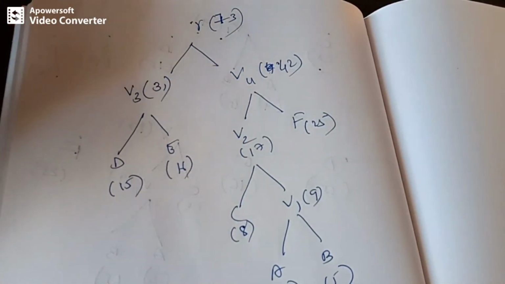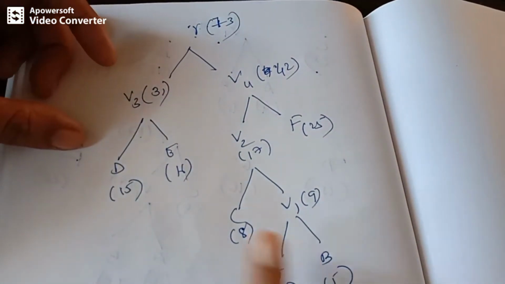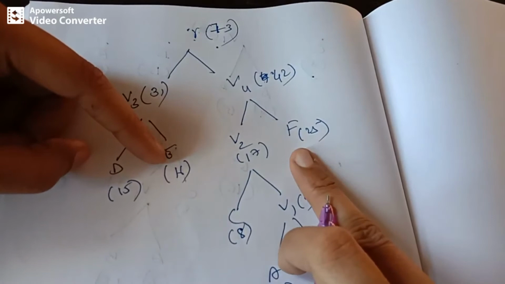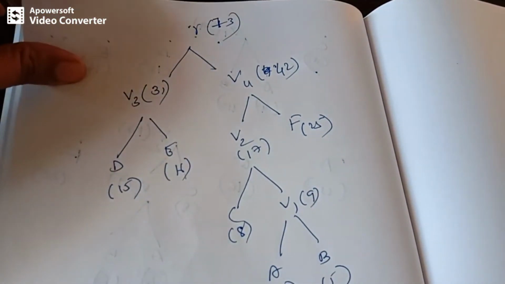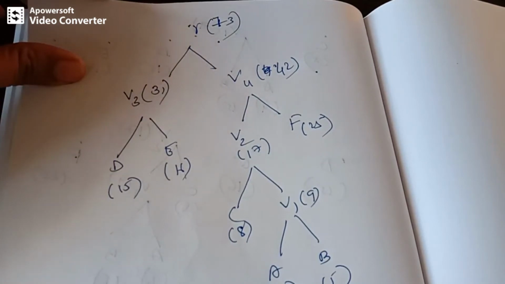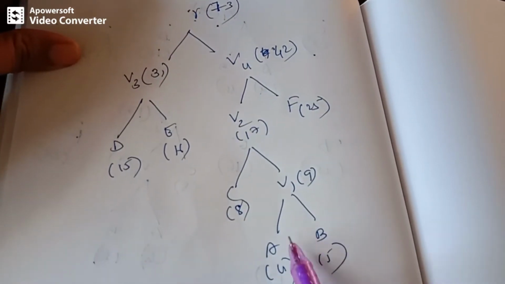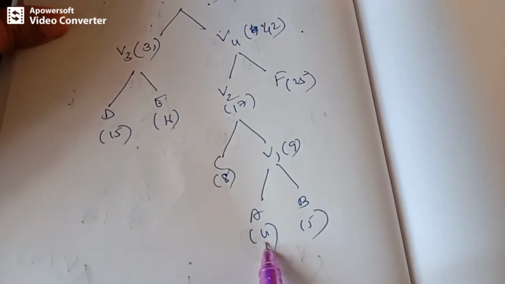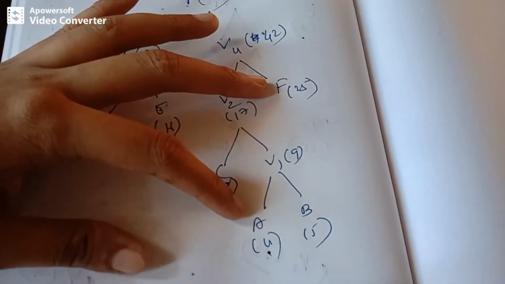You can observe that we get all the labels, all the nodes, at the leaf level: A, B, C, D, E, F, right? Now we can also calculate the weight of this tree. So how do we calculate the weight? Considering this, start from A, 4. What is the level? 1, 2, 3, 4. Right, it is at level 4.